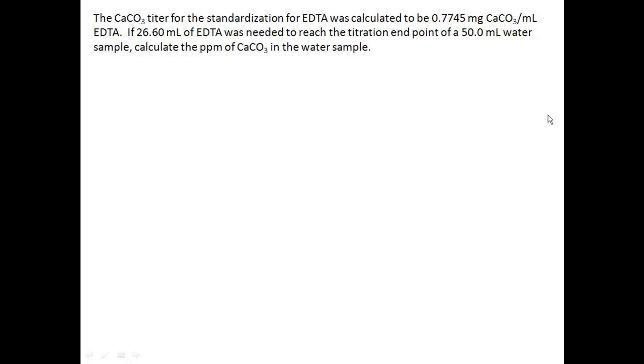So the starting point in this problem would be our titer. Okay, I know there's a ratio, 0.7745 milligrams of calcium carbonate for every 1 milliliter of EDTA. So if I know how many milliliters of EDTA I have, then that would tell me how many milligrams of calcium carbonate is in that unknown sample. So my next step would be to multiply by the volume of EDTA it took to get to that equivalence point. In this case, it was 26.60 milliliters of EDTA. My milliliters of EDTA cancels, so right now I'm in milligrams of calcium carbonate,